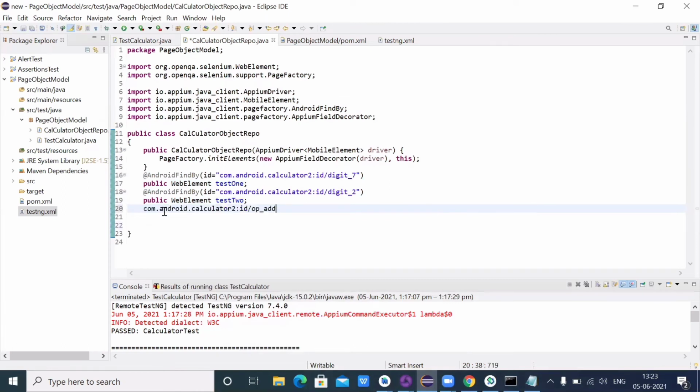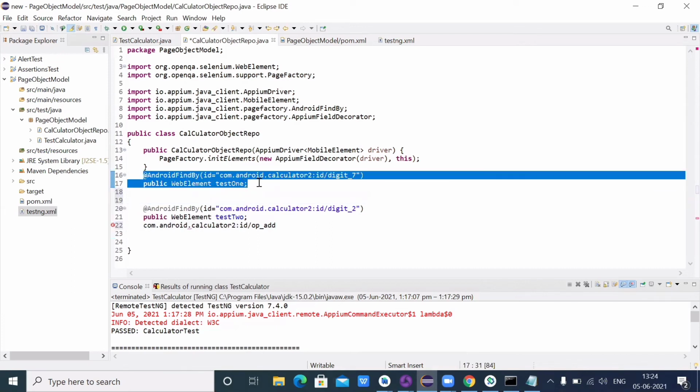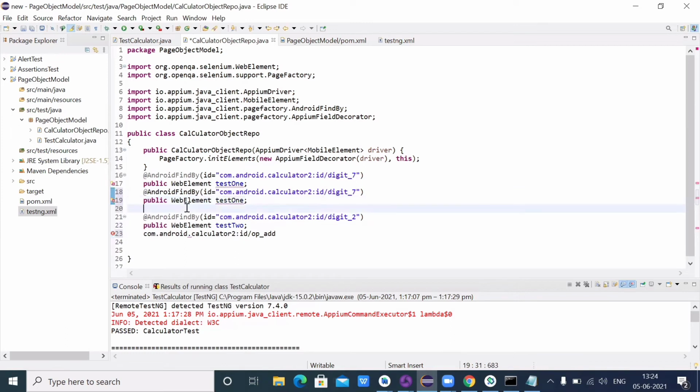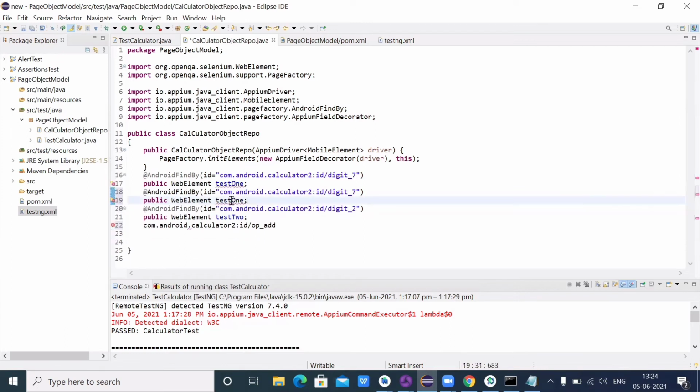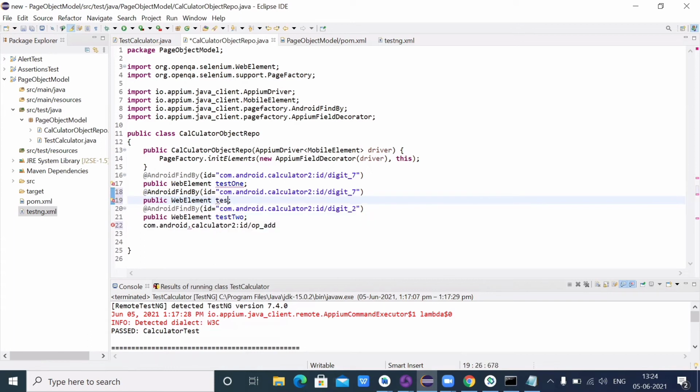And one more time I will save this ID, and before saving I will hit enter, because after 7 I want this plus symbol. That is why I am taking it after the 7 only. So I will make this as test add, not test add, I will take it as plus.